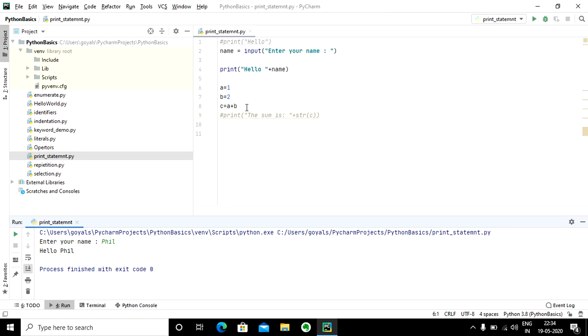In real time scenarios, it is not going to be that every single time you are going to receive a string input. So, for example, I want to take these two values from the user as input, and just for the sake of simplicity, I am saying these are going to be integers only.